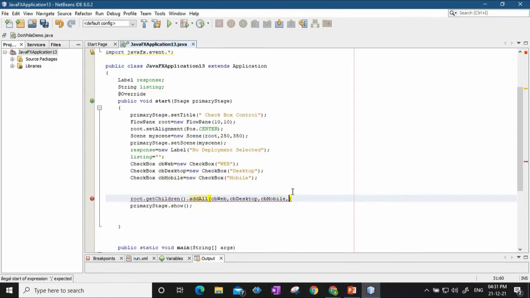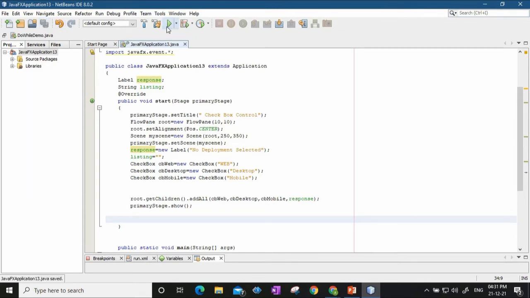So 3 checkboxes, and then the response, the label name. Fine. Listing is not used, only response. These are the 3 checkboxes, and 1 label will be displayed.